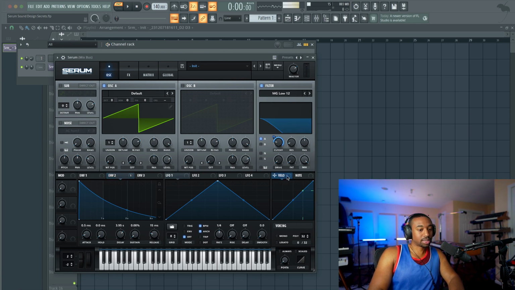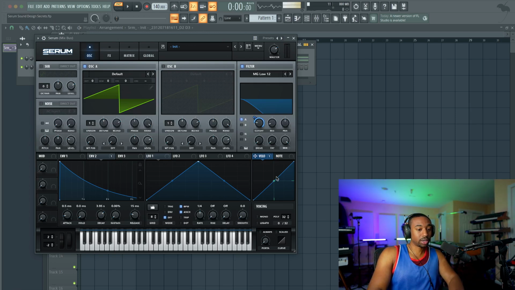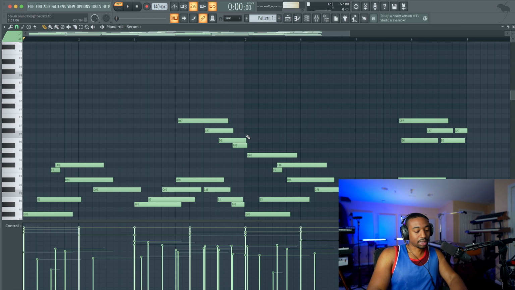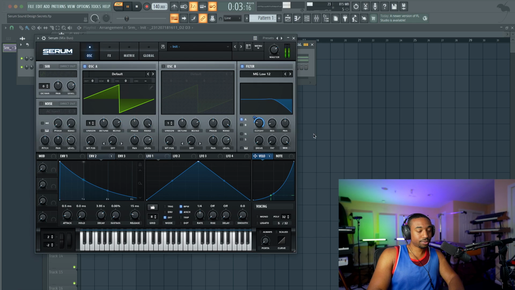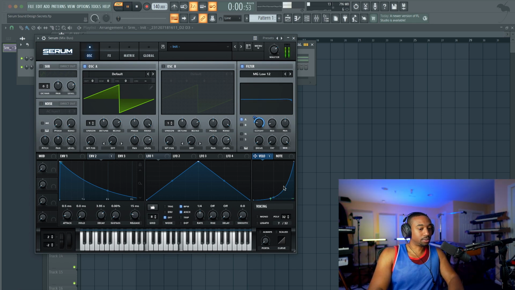Now what we'll also do is set the velocity over top of the cutoff filter. So depending on how hard we hit the keys, it will change that cutoff. And to change the curvature here so that every velocity doesn't trigger it, we're going to pull down this curvature. Now by default, FL Studio has everything pretty much at the highest velocity. So in this case, I'm going to lower the velocity. And you can see this curvature. Further you pull it down, the less it will act on the cutoff filter, unless you really slam on the keys. So this is how you change the velocity curvature response.